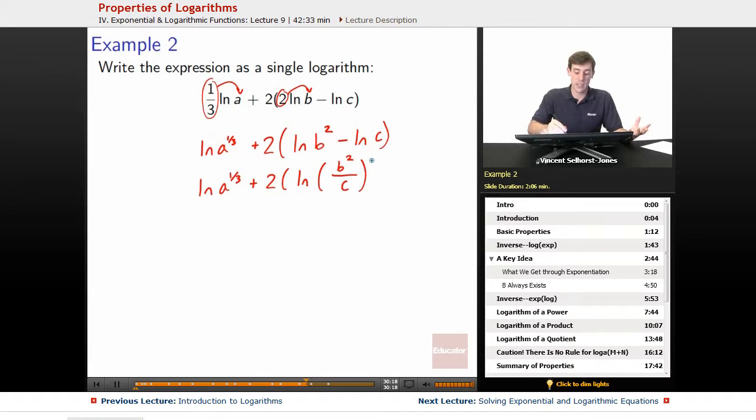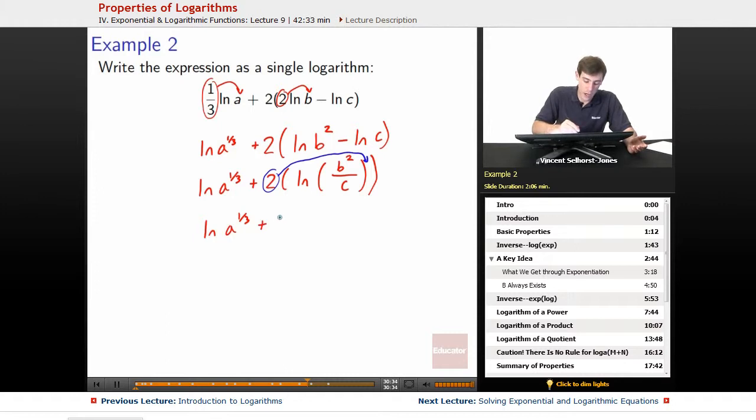Subtraction of logs is the same thing as division inside of the logarithm. And now natural log A to the 1/3 plus, well, now we've got this 2. So we can take this 2, and it's hitting a log, right? It's times a log, so it can go up, and it can also become an exponent. So natural log of B squared over C. Make sure we remember that the logarithm is of that whole thing. So natural log of A to the 1/3 plus natural log, we distribute that, B to the 4th over C